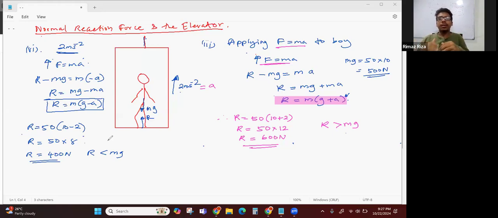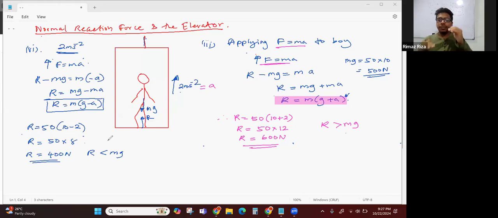But now let's say the lift, after accelerating, is moving with constant velocity. When the lift moves with a constant velocity, what happens? You feel the same weight, right? That means R equals mg. The normal reaction force is equal to the weight. And then now let's say you reached your destination floor, and what happens? The lift will decelerate. When the lift decelerates, you feel a little bit